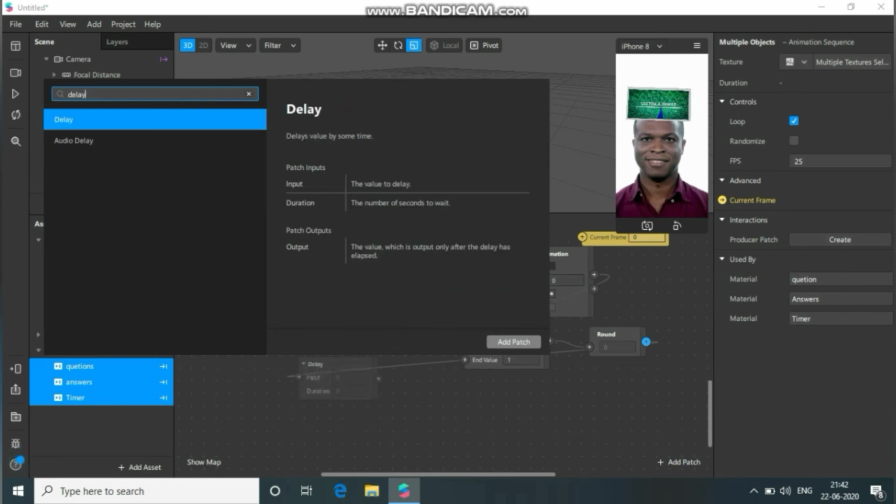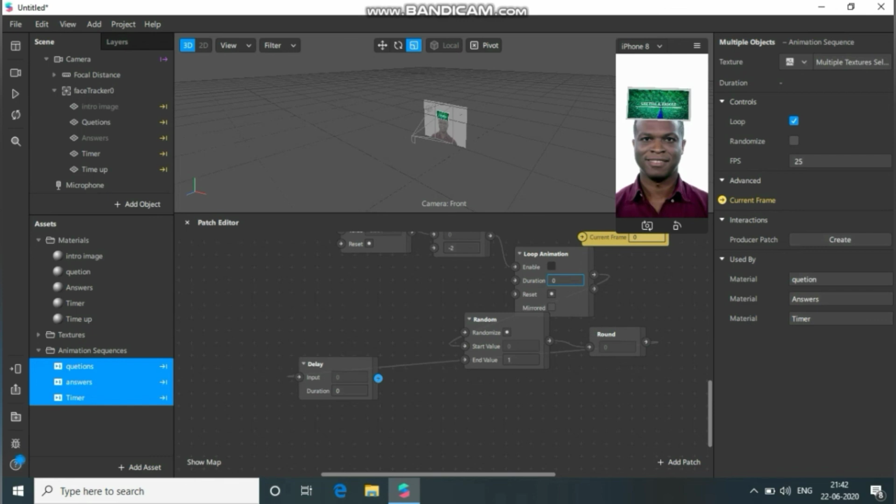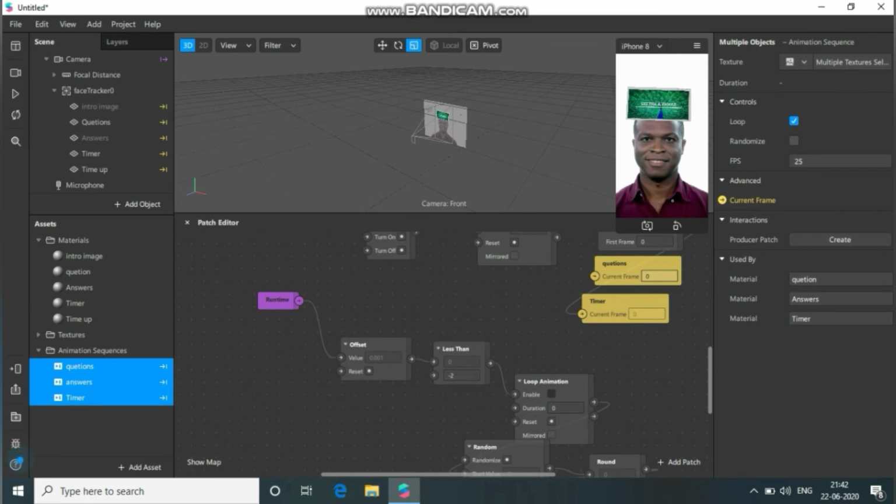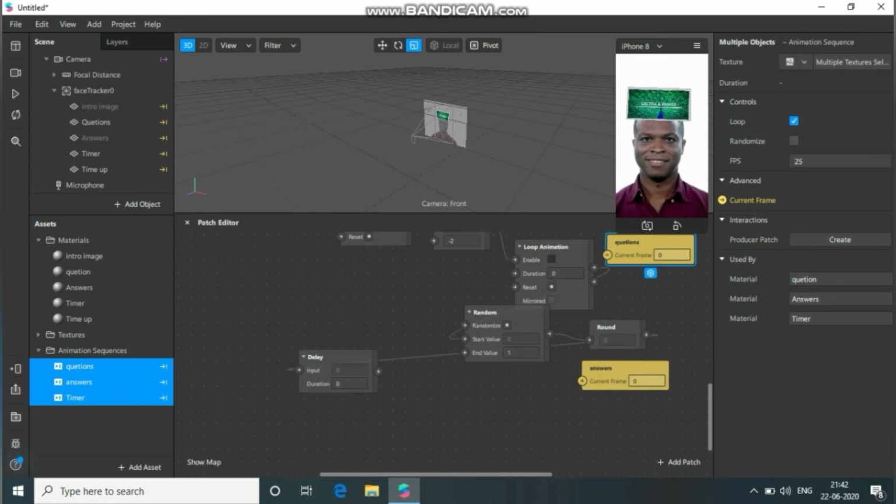From delay connect it to answers. Delay to answers.